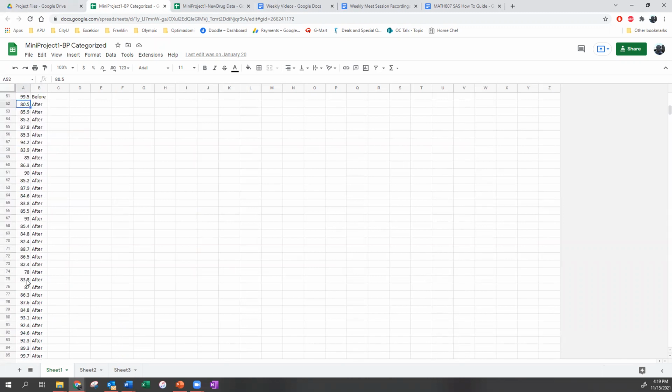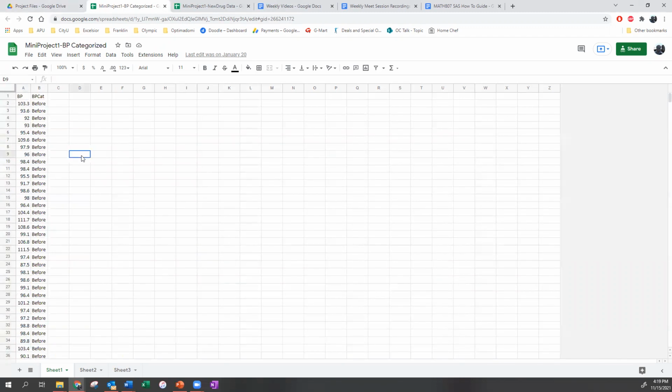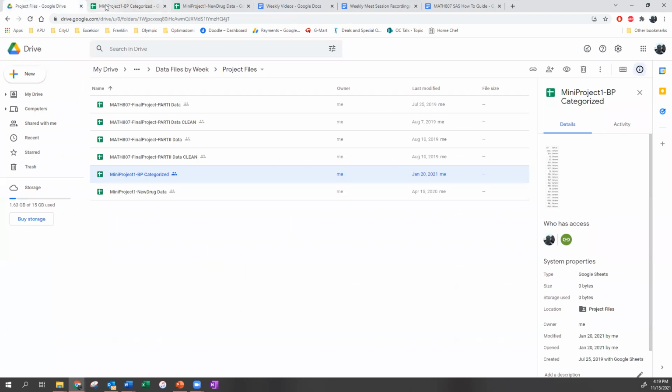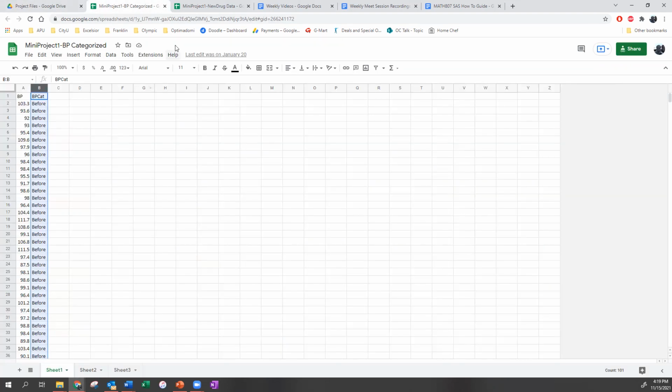So by putting it under one variable, you can now go into SAS and say, create a box plot, and then use this categorizing variable to break the data up and show me the 2 box plots in one graph. And that's how you get a side-by-side box plot. So that's why there's 2 sets of data there. I basically just did the combination for you rather than telling everybody, hey, the only way to get this to work, you got to put all your data under one variable and then have a category variable. And then everybody's like, what do you mean? How do I do that? I don't want to waste time with that because that's not important for you guys to learn how to do. This is just data manipulation.